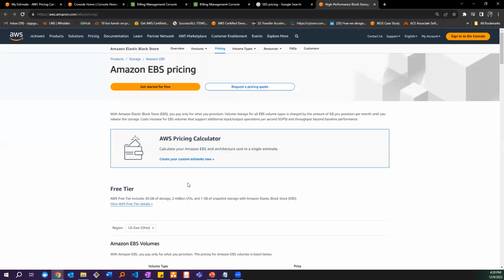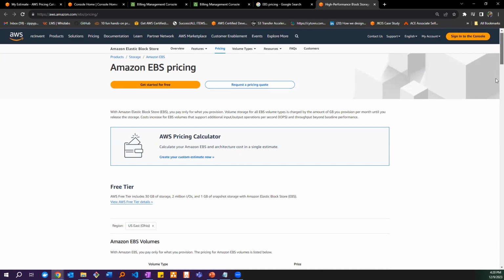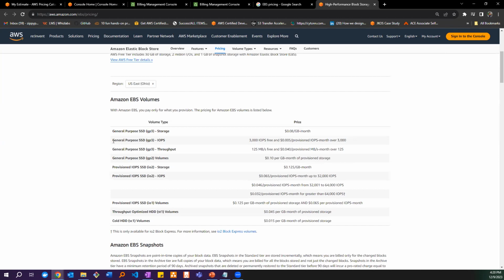And this page essentially breaks down everything that you are charged for that service. And it also includes, if it's a service that is eligible for the free tier, for example, this one, how much of the usage will actually be covered by the free tier versus how much of it will actually be charged to you. So it will break this down into details. What do you pay for, and how much exactly are you paying for each of these?